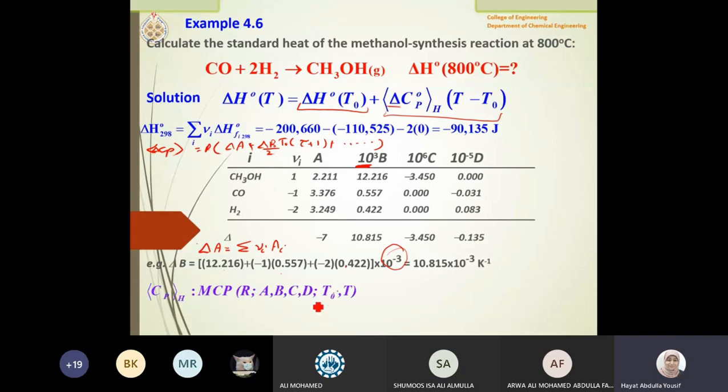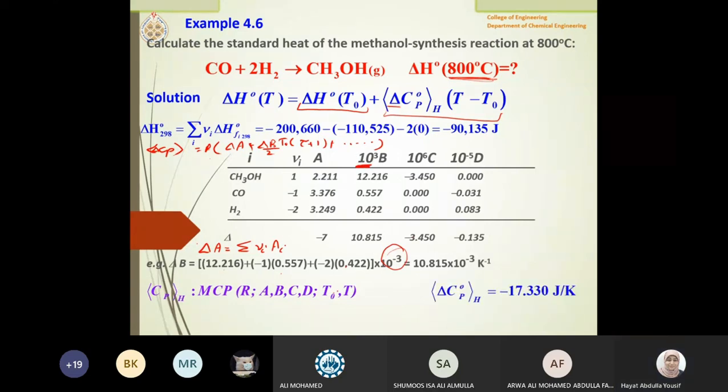Here I used my own program to calculate CP mean. If you have a program, that's fine. If you don't, it's still okay. You will just substitute R as 8.314 joule per mole Kelvin. You will have the delta A, delta B, delta C, delta D values here. T naught is the initial or reference temperature, which is 298, and tau is T over T naught. You already have T as 800 degrees C. Keep in mind you have to substitute it in Kelvin divided by T naught, and all the terms have values. The equation is somewhat complicated, but it's just direct math substitution.